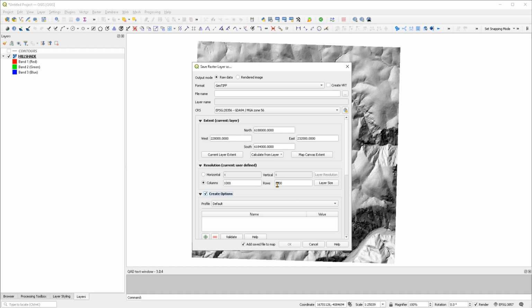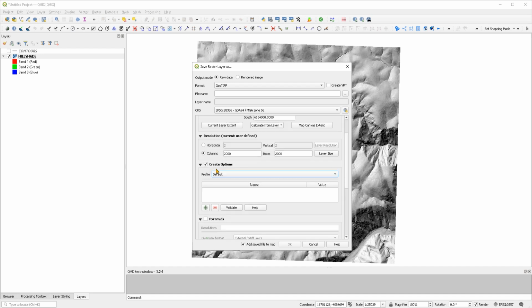You could also increase the resolution of the image, but this is not going to give you more details. So if I set this to 4000 pixels wide, for example, this is the resolution that will be applied to the image, but it's just going to look pixelated because we cannot add detail in this manner. 2000 pixels wide is well below the threshold of Google Earth, so I'm just going to leave it at that